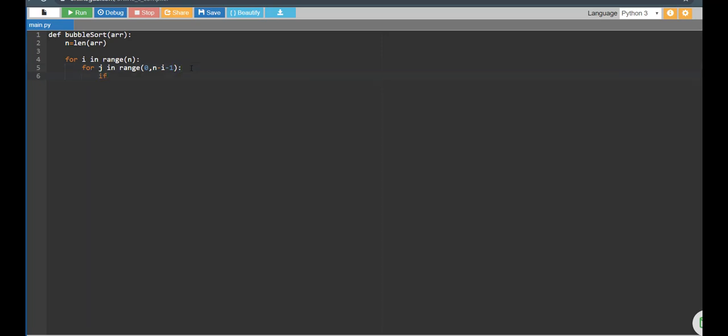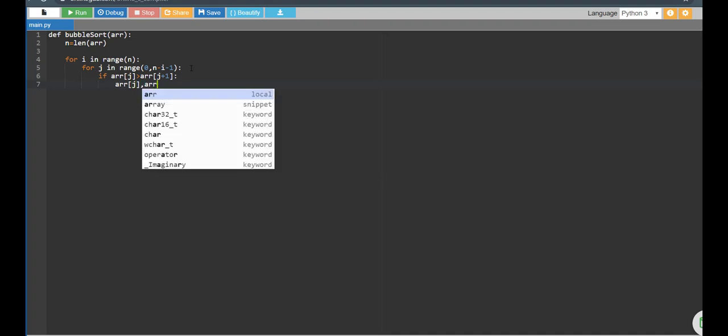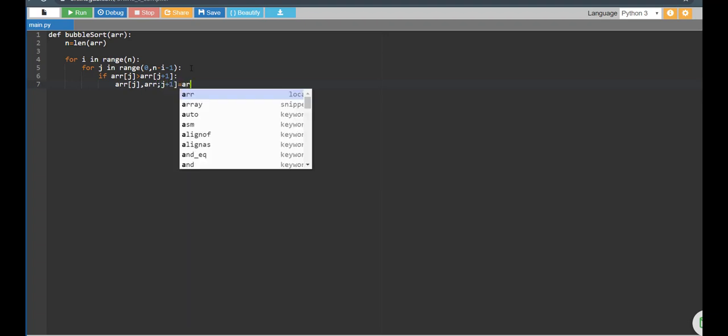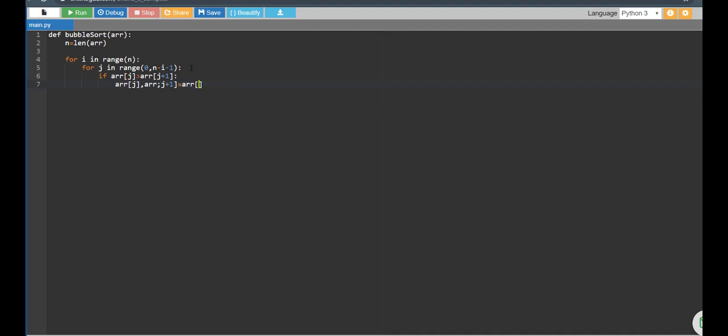Here we are going to write the if condition. If array of j is greater than array of j plus 1, in this case we are going to swap these two adjacent elements, where array of j and array of j plus 1 equals array of j plus 1 and array of j.